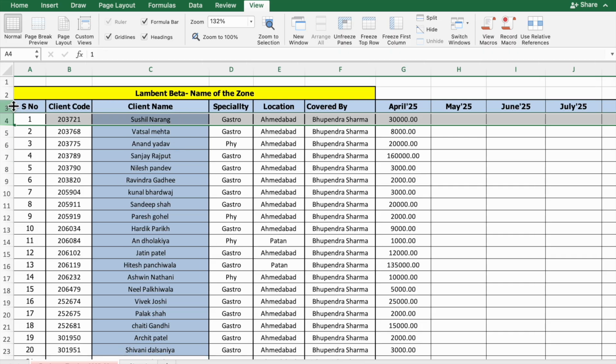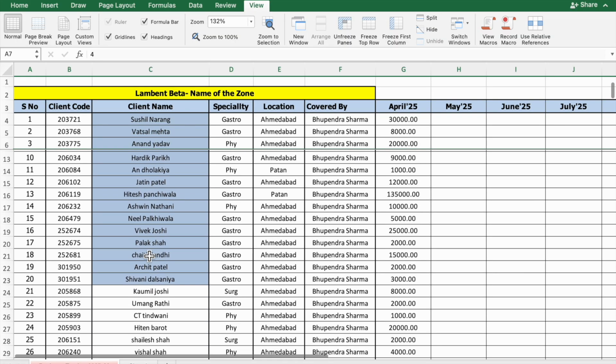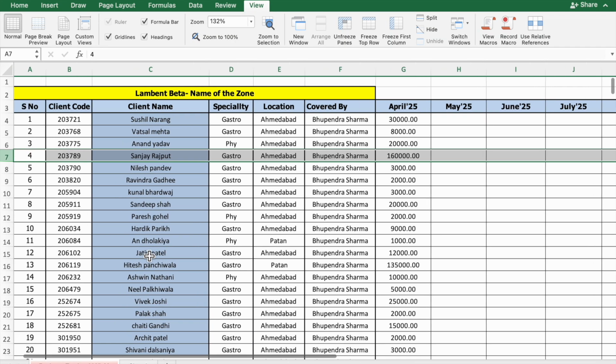Okay, now if I want to freeze the top 6 rows, what I have to do is just select the 7th row, then just click on Freeze Panes, and you will see that the top 6 rows have been frozen. So like this you can freeze multiple rows in